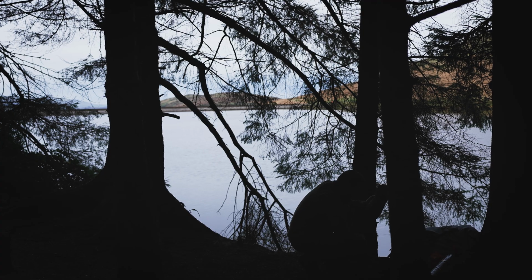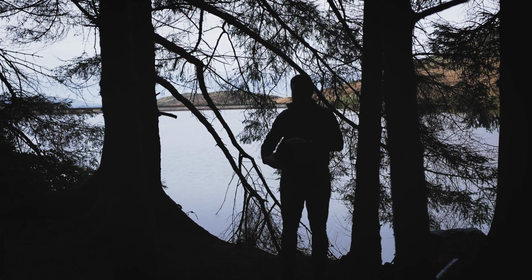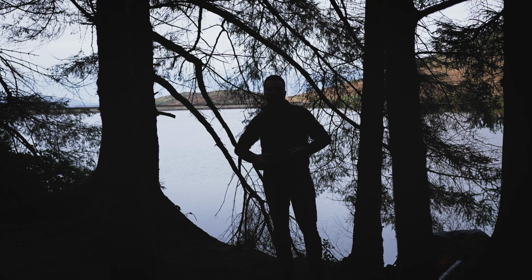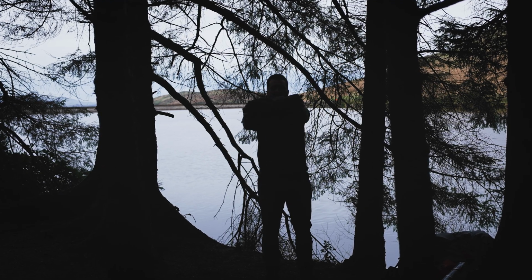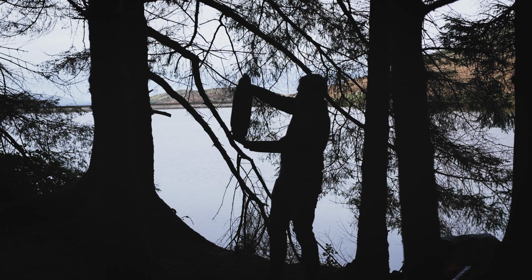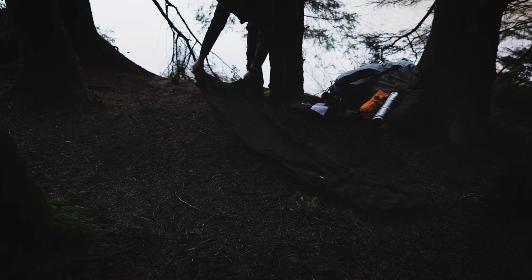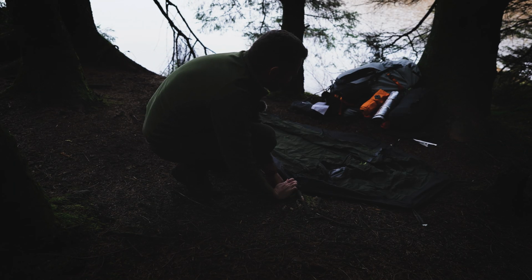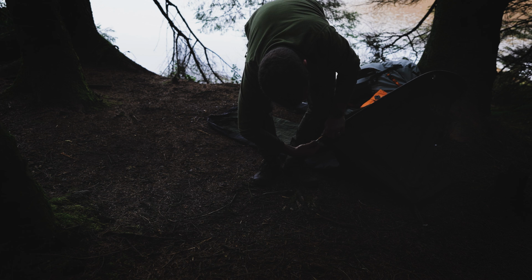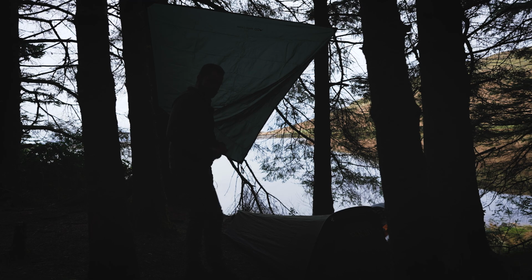So tonight I'm using the smallest tent I own, which is the Rab Ridge Raider Bivy. It's absolutely tiny. The entire tent fits in this. It's so small. So I'm gonna put that up. I'm sticking up this tiny